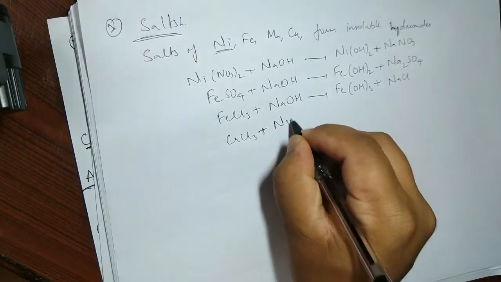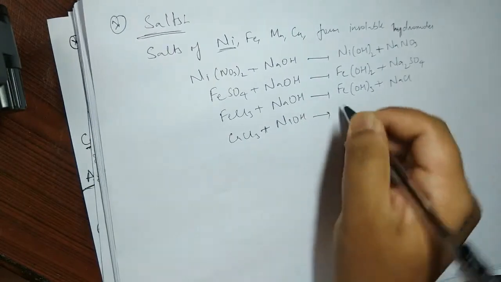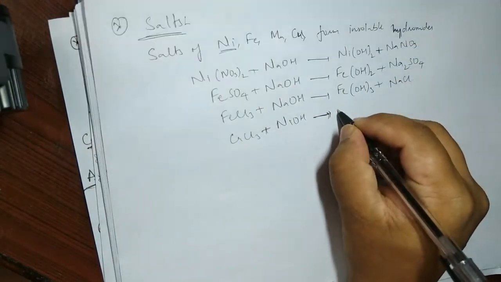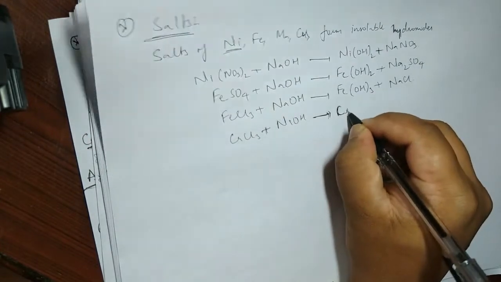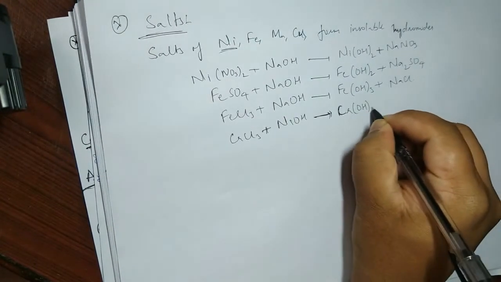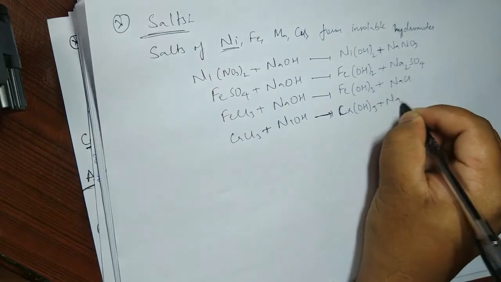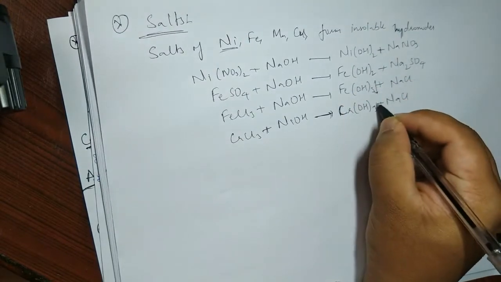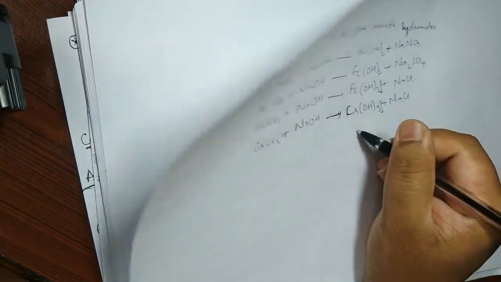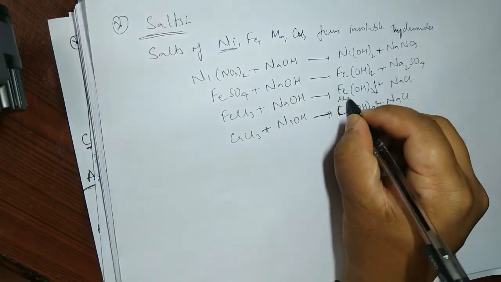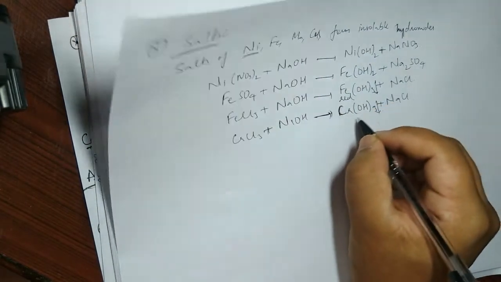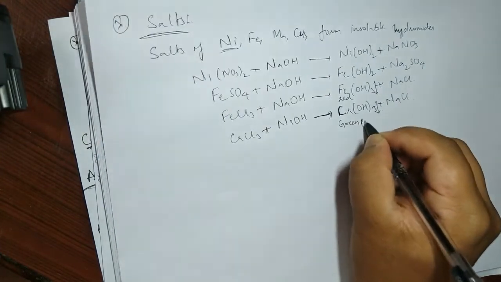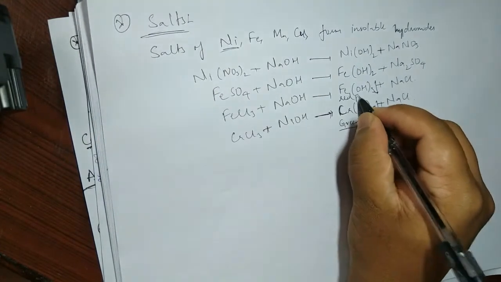when treated with NaOH, it forms chromium hydroxide plus NaCl. And in fact all these, like ferric hydroxide and this one, they precipitate out. The color of this one is red PPT, and I think this one should be green, chromium, so green PPT, and this is red PPT.